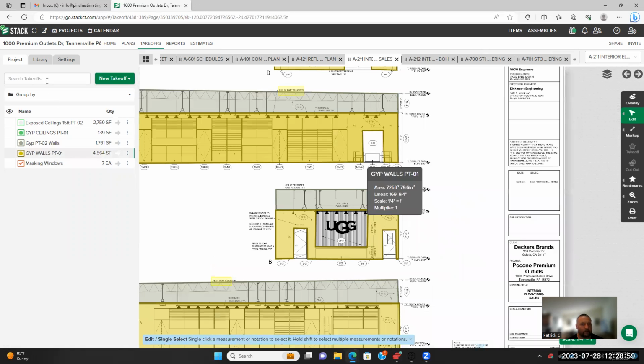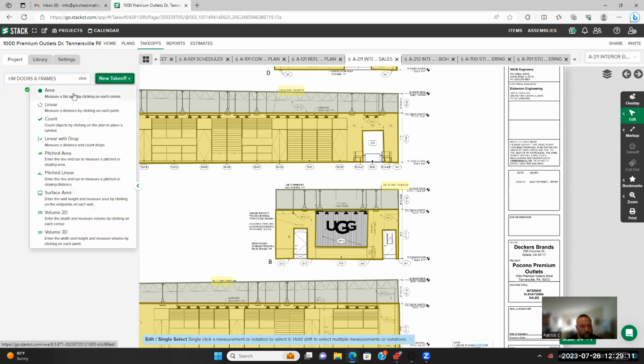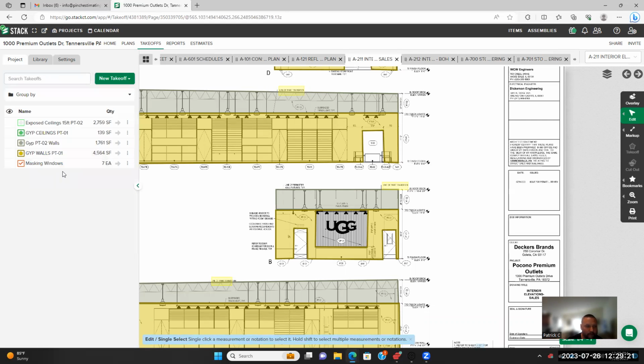And now we're going to do the doors, right? So we're going to put hard metal doors and frames. Okay. And this is what we're going to do, surface area. And what surface area? Well, no, actually, we're not going to do surface area. We're going to go back. And we're going to do area. The difference between area and surface area